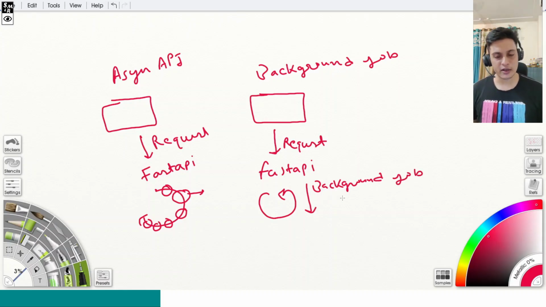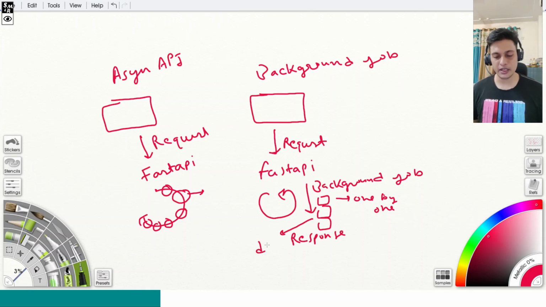In this other thread, you will send all the requests inside the background job, and it will stack those requests. Once those requests are stacked, it will process them one by one. Once your job is completed, it will send back the response